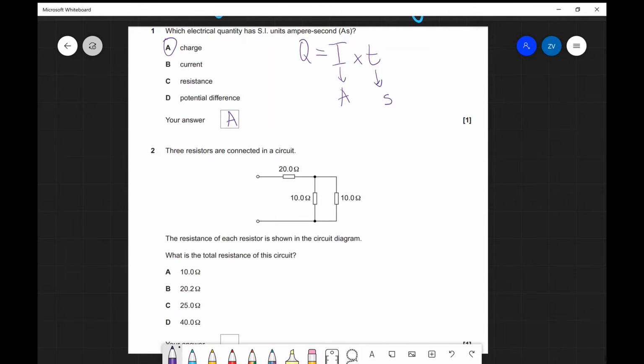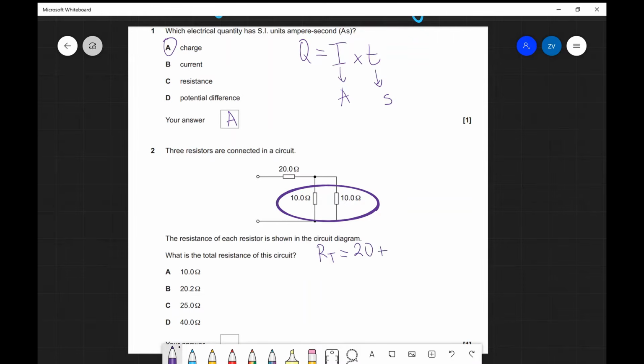Okay, the second one. Three resistors are connected in a circuit, and you have each of the values of the resistances. What is the total resistance of the circuit? Well, we have a mixture of series and parallel resistors. Those two are connected in parallel, and on top of that we need to add the one which is 20. So the total resistance in this circuit, let's call it R total, is going to be